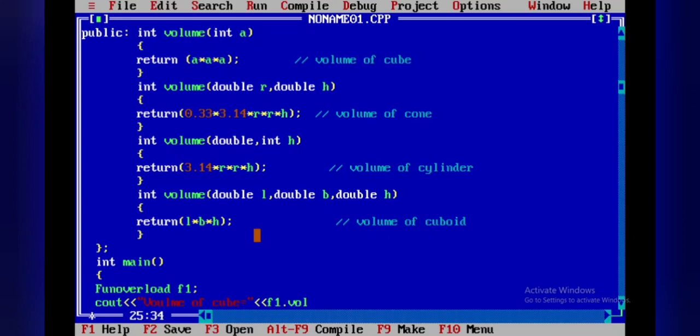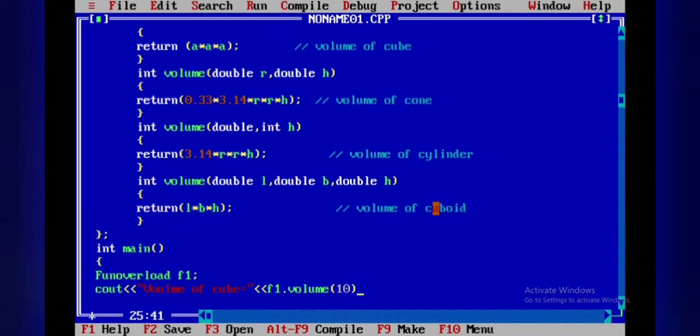So we must specify the function name here, f1 dot volume of. In volume of cube there is an integer, so I need to specify an int value, so I am going to take 10. Okay, semicolon.